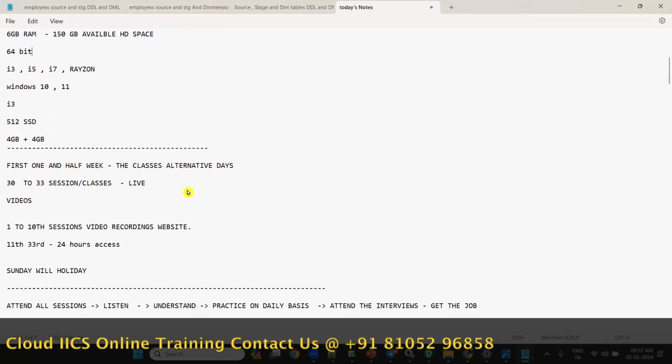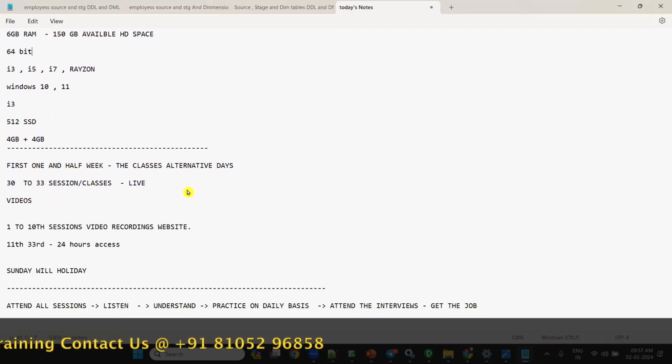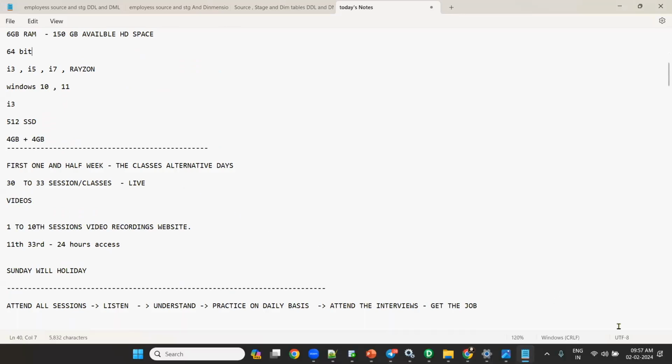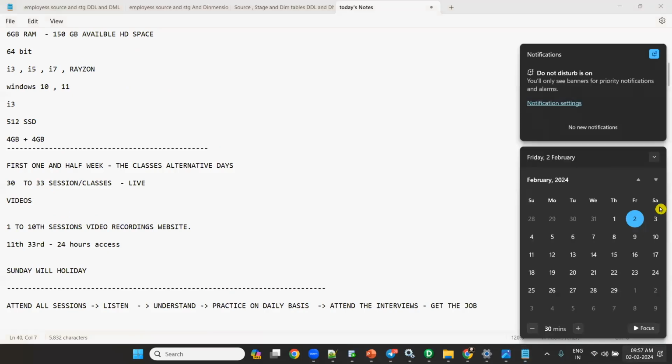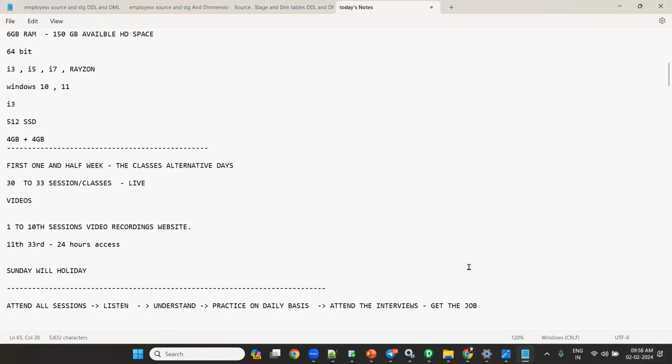Now, for the first 1 or 1.5 weeks, it will be alternate-day sessions. Alternate sessions means today is the first session, the second session is on Monday, the third session is on Wednesday, the fourth session is on Friday, and it will go on like that. Understood, everyone? For the first 1 or 1.5 weeks, it will be alternate sessions because you need to install